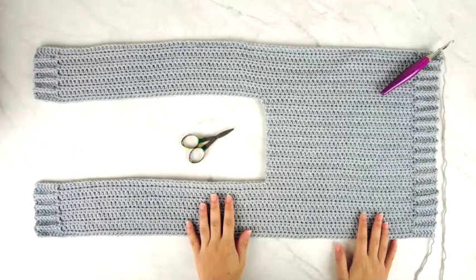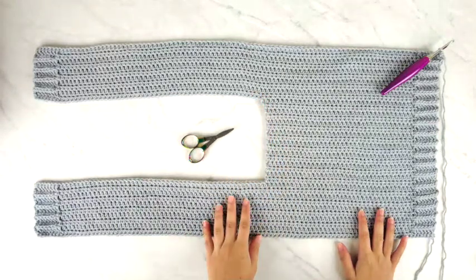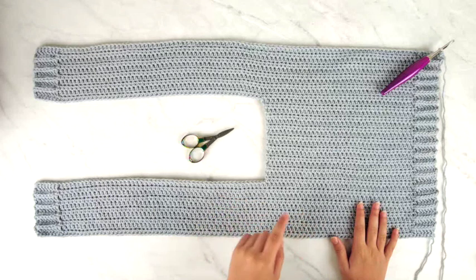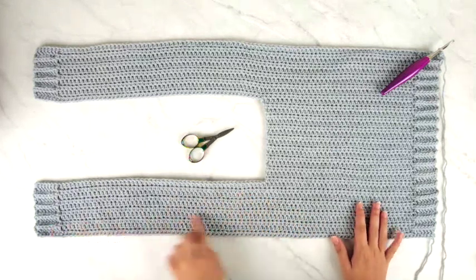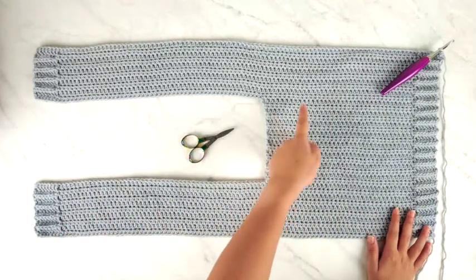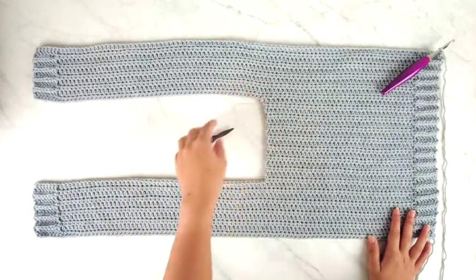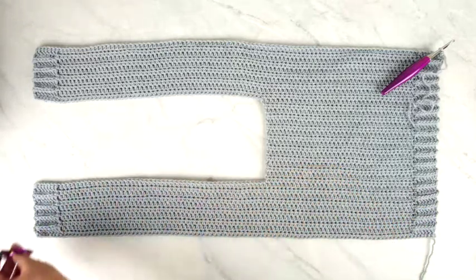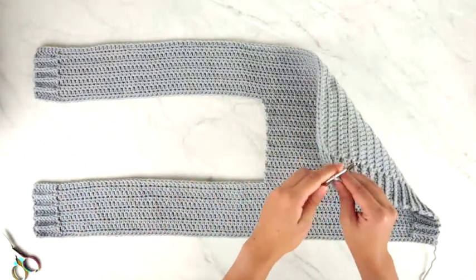Alright, so I have finished repeating the rows that we need to finish this section of the cardigan body. So now we're ready to tie off, and you can see the shape of the piece that we've made here, where we started out with a lot more stitches, then we worked only partial rows across the back, and then we worked longer rows on the other side here. So I'm going to go ahead and cut my yarn, leaving a reasonable tail,